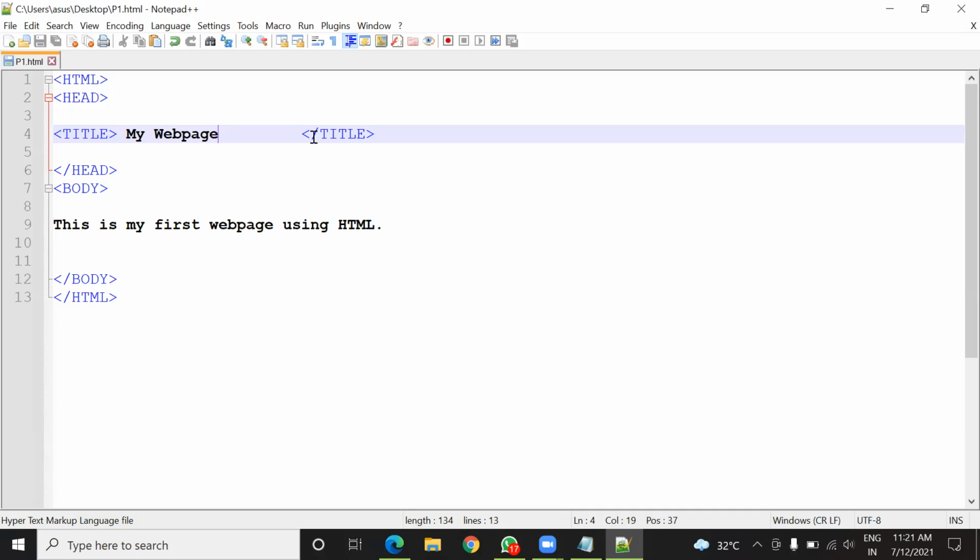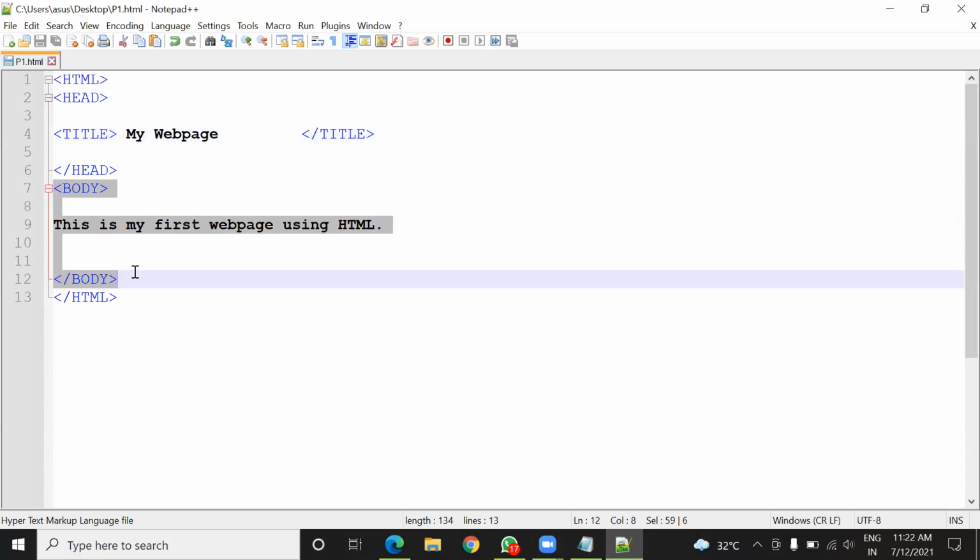You can also put additional information like information about the CSS file or a script file inside the head tag. Those things we will cover in coming classes. Now in the body tag, you put the contents that you want to display inside the body section of the web browser. So this is the major area of the web page.